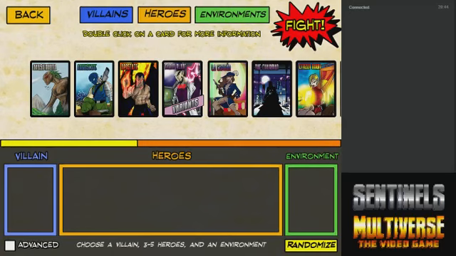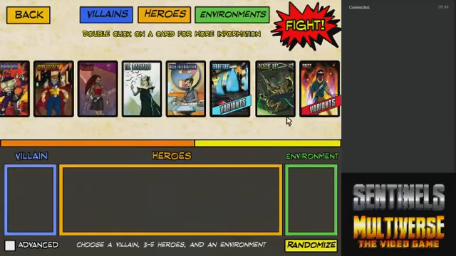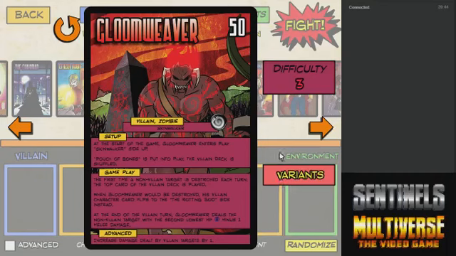My name is Technomagus, and we are on the last villain currently available to fight on advanced, which is our good buddy Gloomweaver, the Skinwalker. So,